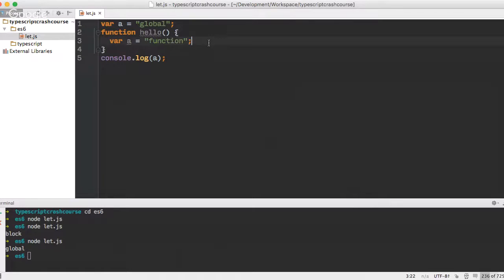Okay, so let me give another example here. You might say, well, that's close enough. We've got function and global. Why do we need block? Well, we've got this example here that I can show you. And then in here, var A is equal to block. Okay. So this is when people coming from other languages get really confused in JavaScript,